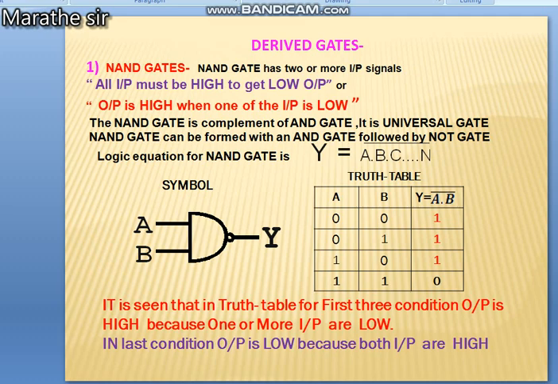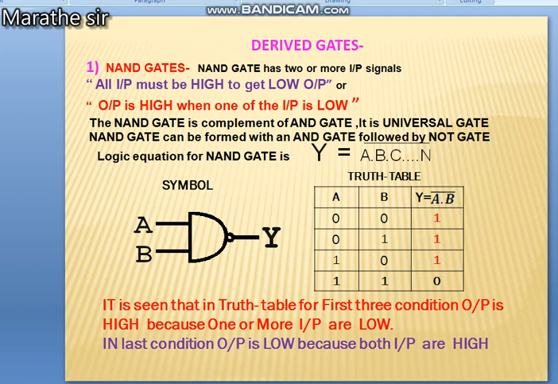Here in the symbol, a two input NAND gate is shown. It has inputs A and B, and the output is Y. Here we are getting Y is equal to (A dot B) bar. In the truth table, A and B are the two inputs, so there are four possible conditions. In the first condition, when A is equal to 0 and B is equal to 0, we are getting output Y is equal to 1. That means when we substitute these values of A and B in the Boolean equation, (0 dot 0) bar, we get output Y is equal to 1.